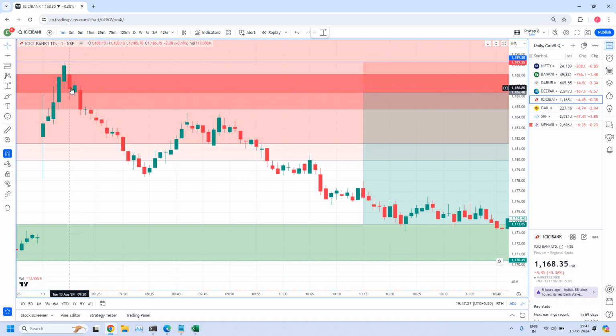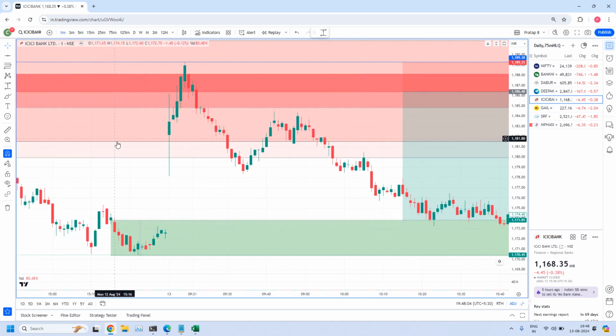After that you won't take a trade. In case you miss this candle, you won't take it, because this zone is pierced. Once the zone is pierced, you won't take trades. But if you already took a trade, it is a successful trade. Slightly zone is pierced. It reached near this stop buffer. See, the high of this candle is 1189 rupees 25 paisa, and the stop buffer is 1189 rupees 30 paisa. Just below the stop buffer it reversed and finally reached the 15 minutes target.